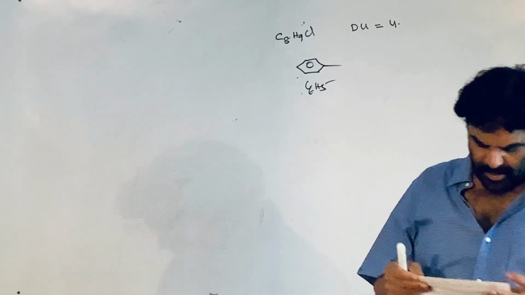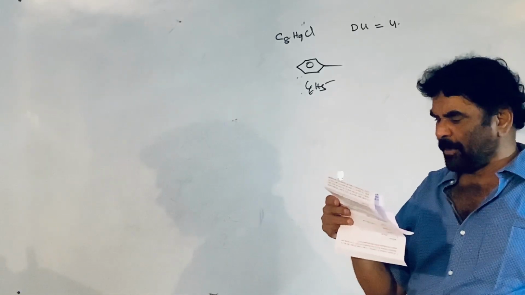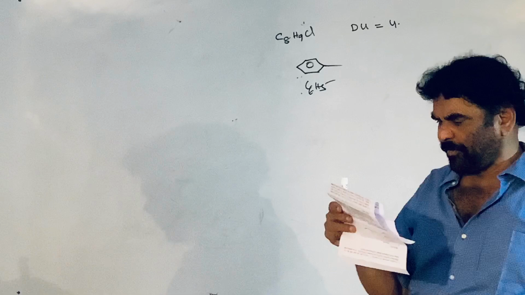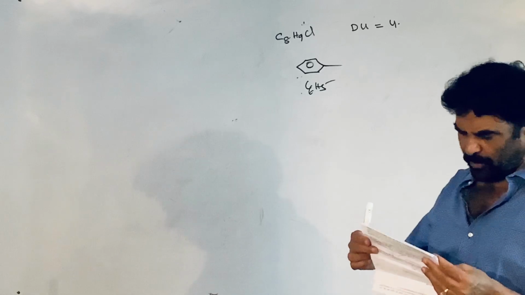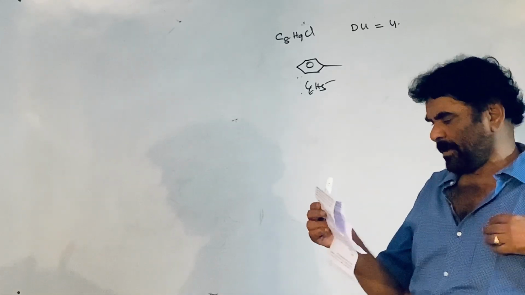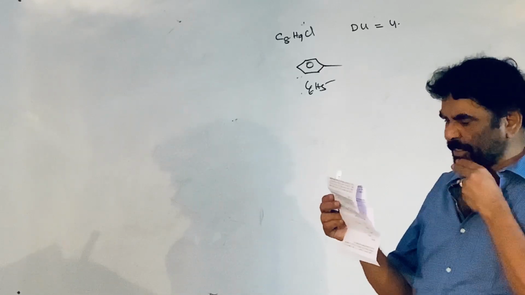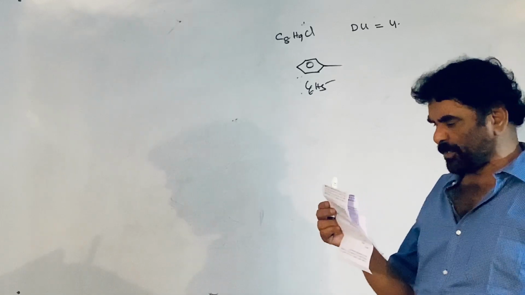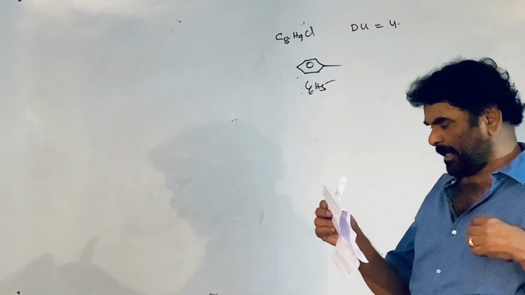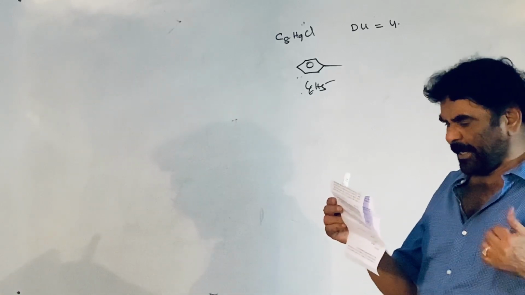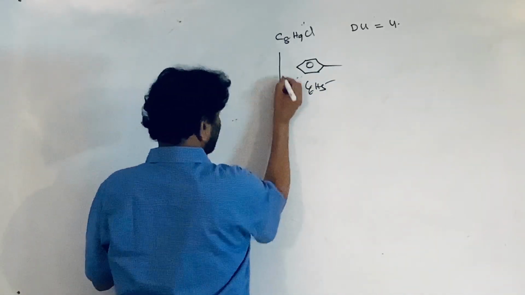And the second thing is that on dry distillation of the ammonium salt of B, carboxylic acid, C is obtained, which on treatment with bromine in alkaline solution, that is a Hofmann bromamide reaction, gives the other compound D. On reaction with sodium nitrite, diazotization, NaNO2 plus HCl under cold conditions, D gives E. On oxidation of E, F is formed, which on dehydration gives phthalic anhydride. Right? This is first treated with KCN.